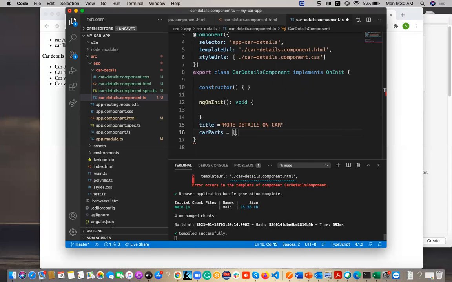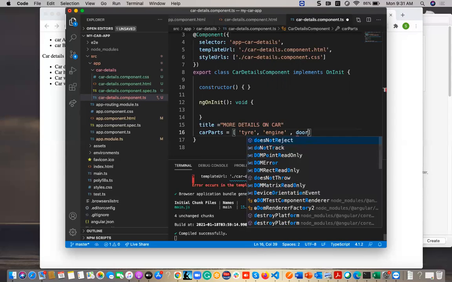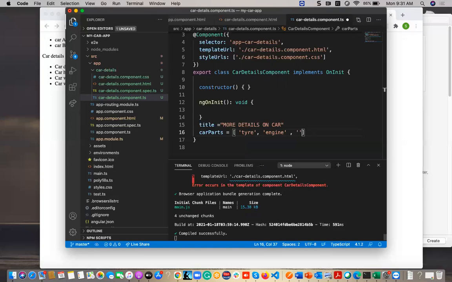Okay, so here I have like, one is like tire, one is like engine, and other one is like door, yeah, one is like glasses.